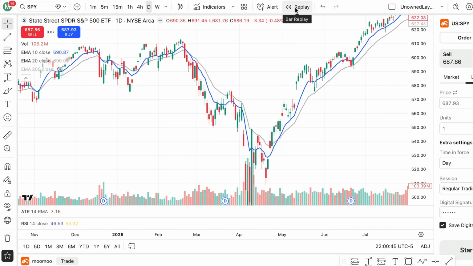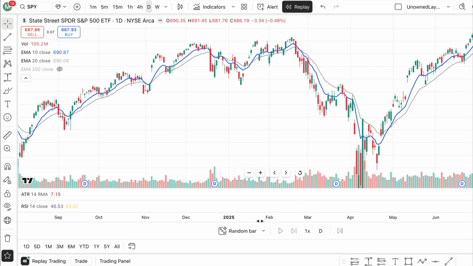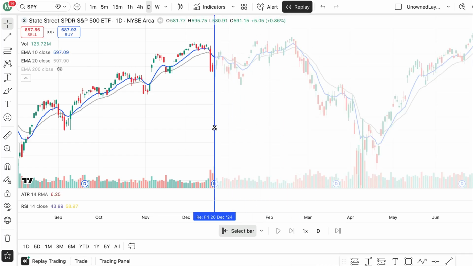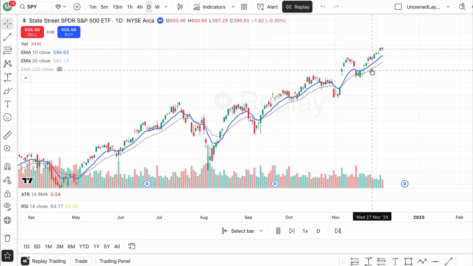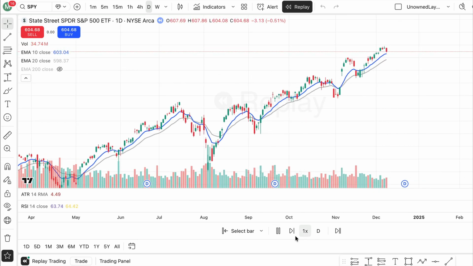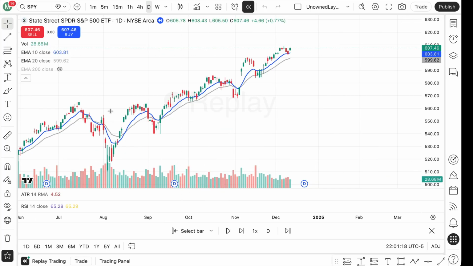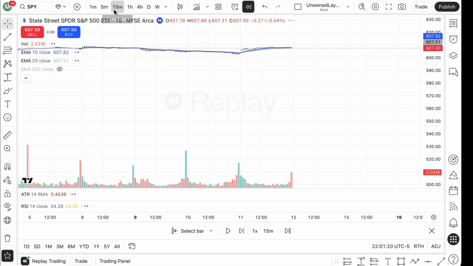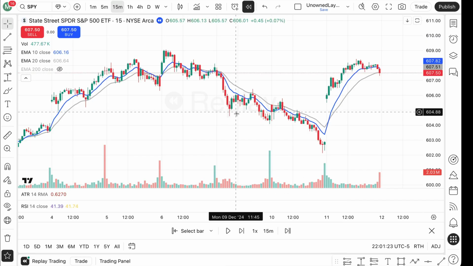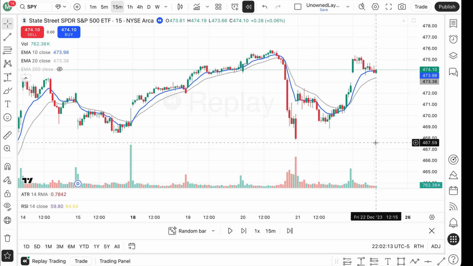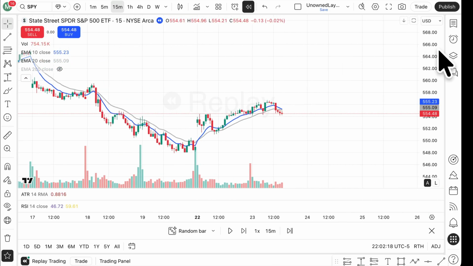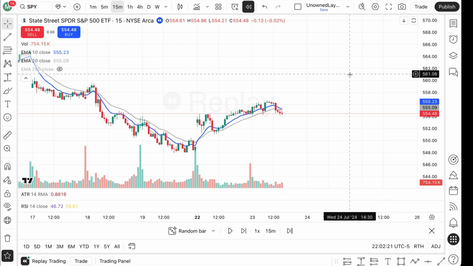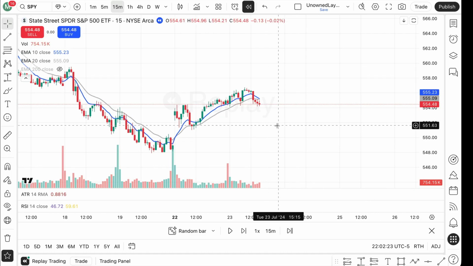You can hit this replay button, and you can select a bar and go back to a certain spot, stop it there, and then you can hit the replay, and it'll start playing candles from that past point onward. What I like to do is go to the 15 minutes, and then I'll reset the chart, and I'll go to select bar. I'll choose random. And if you choose random, it just selects a random time in the past, and you weren't able to see anything past that. So it's a good way to pretend you're trading live from the start,